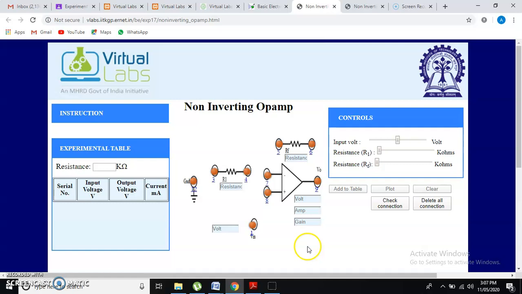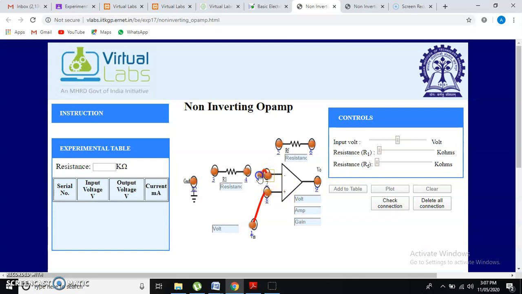We have separate components. We have to draw the circuit diagram and perform the operation. Since it's a non-inverting operational amplifier, the input will be connected to the non-inverting terminal of the op-amp.